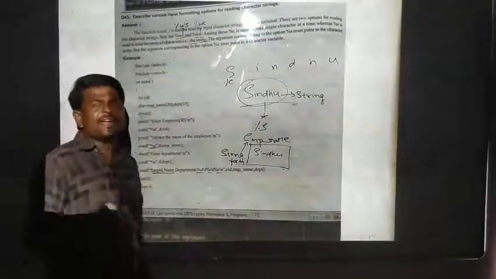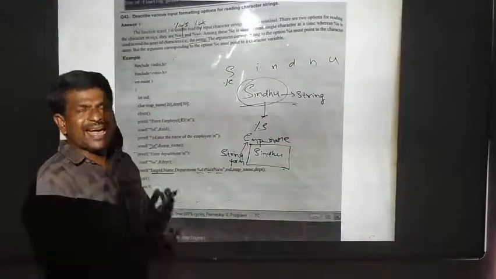This is the function. What is the output you will get? You can see here, entering the employee ID means you have to give the employee ID as 23. Enter the name of the employee means it allows you to give any group of characters as an employee name. If you give characters in the ID field, it will show an error. If you give numbers where a name is expected, it will show an error.